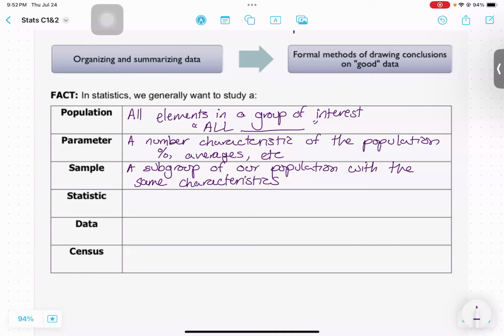So we find this subgroup that we're hopefully going to be able to find some information about, and that information is often synthesized down into a statistic. Remember, when it comes to statistics, we're talking about basketball, the game of basketball, and the actual sphere we use to play the game. The game of statistics is this whole process, including all these different vocab words. The ball part, the actual sphere part of statistics, is what we're going to talk about now, which is a number